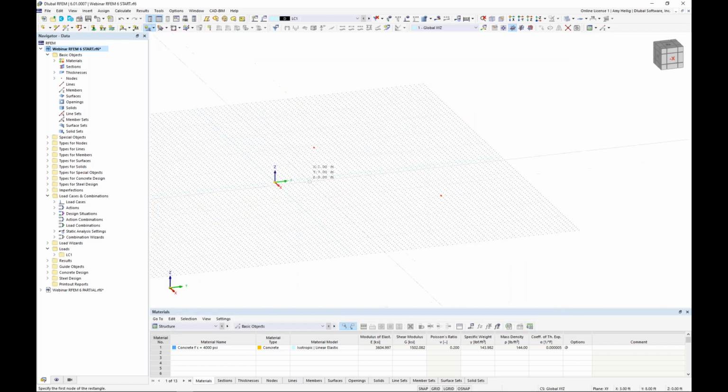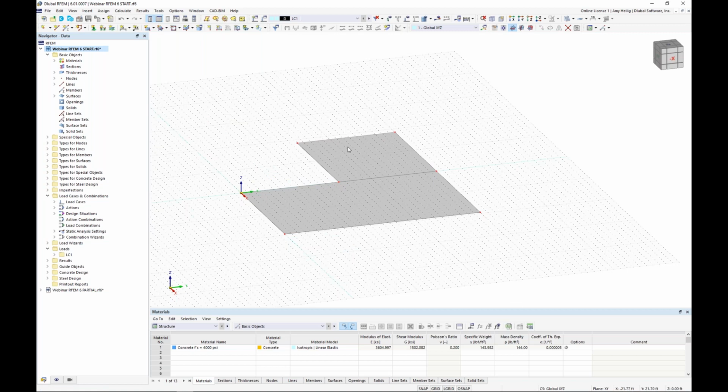I click OK, and I will snap from this origin point down here to my second node, and I'm going to do the same concept for my second surface. Now I have two continuous surfaces here. Realistically, this is the same thing as modeling one surface, and meaning that we'll have full force transfer between these two surfaces. But if I wanted to clean up the model a little bit to truly create one continuous surface,